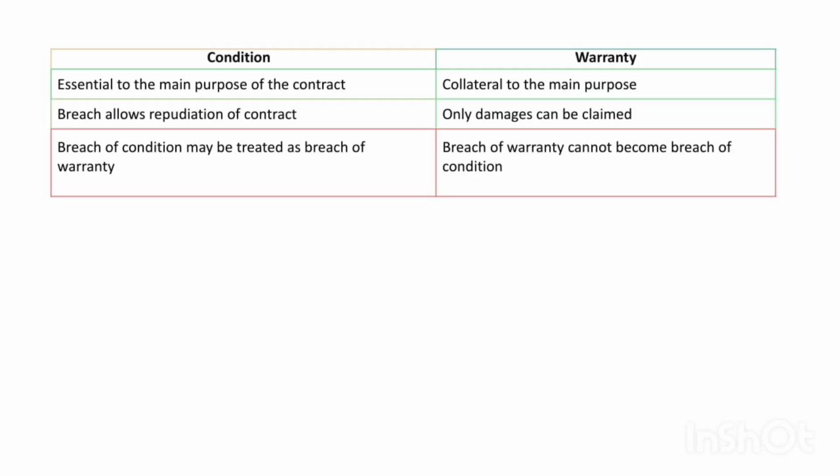The second one is about remedy. Breach of condition allows repudiation of the contract, that is, the buyer can reject the goods, cancel the deal and get money back, plus claim damages. Next, breach of warranty allows only damages to be claimed. The buyer must keep the goods, he cannot reject, he can only ask for money as compensation. The third one is the conversion rule, that is, a special rule. A breach of condition may be treated as a breach of warranty. This means,